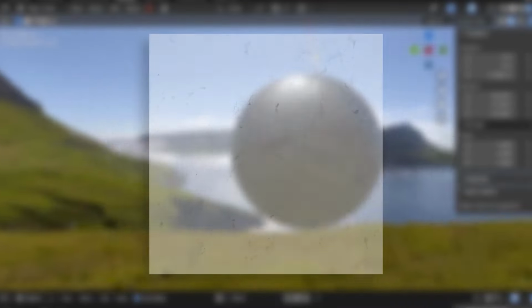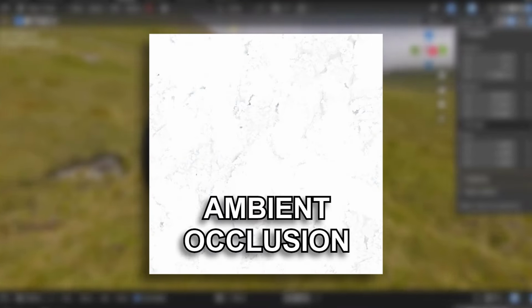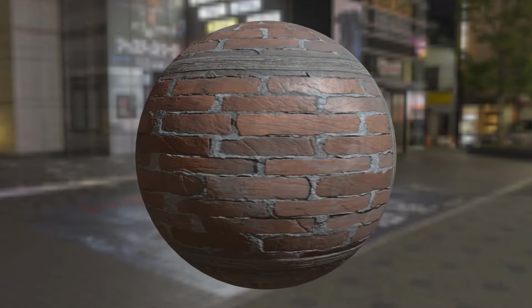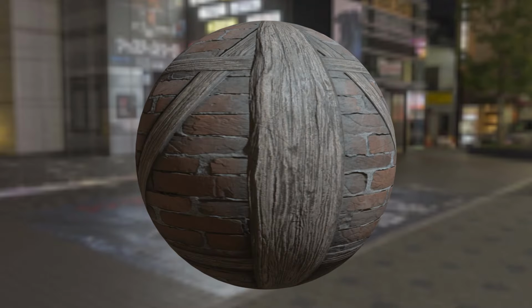Plug them all into a Principled BSDF, add an HDRI to your scene, and boom, you've got a realistic material. Except there's that one other map we forgot about, ambient occlusion. Just what exactly is that for anyways? Well, you know how even in a fully lit room you can still see soft shadows in the corners of the walls and such? That's ambient occlusion, as in the occlusion of ambient light. It's a subtle effect that goes a long way towards making our renders look that much more convincing.